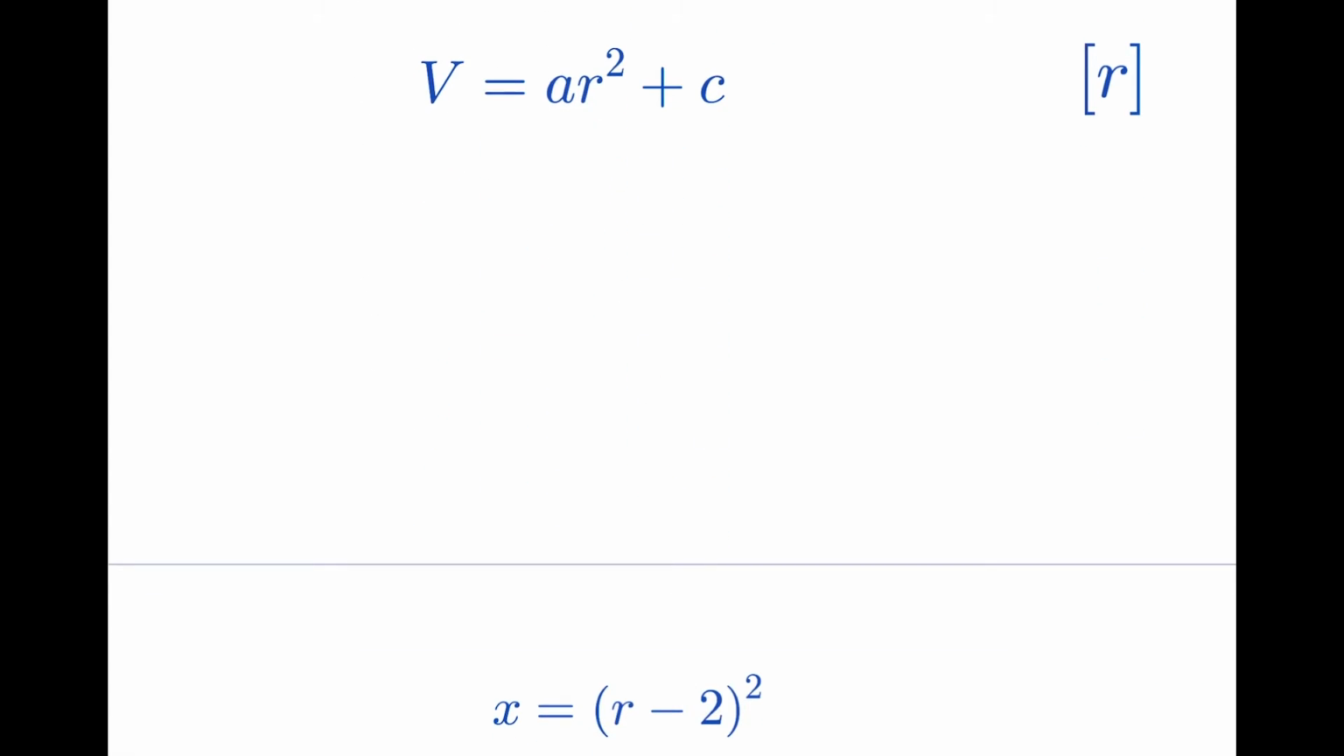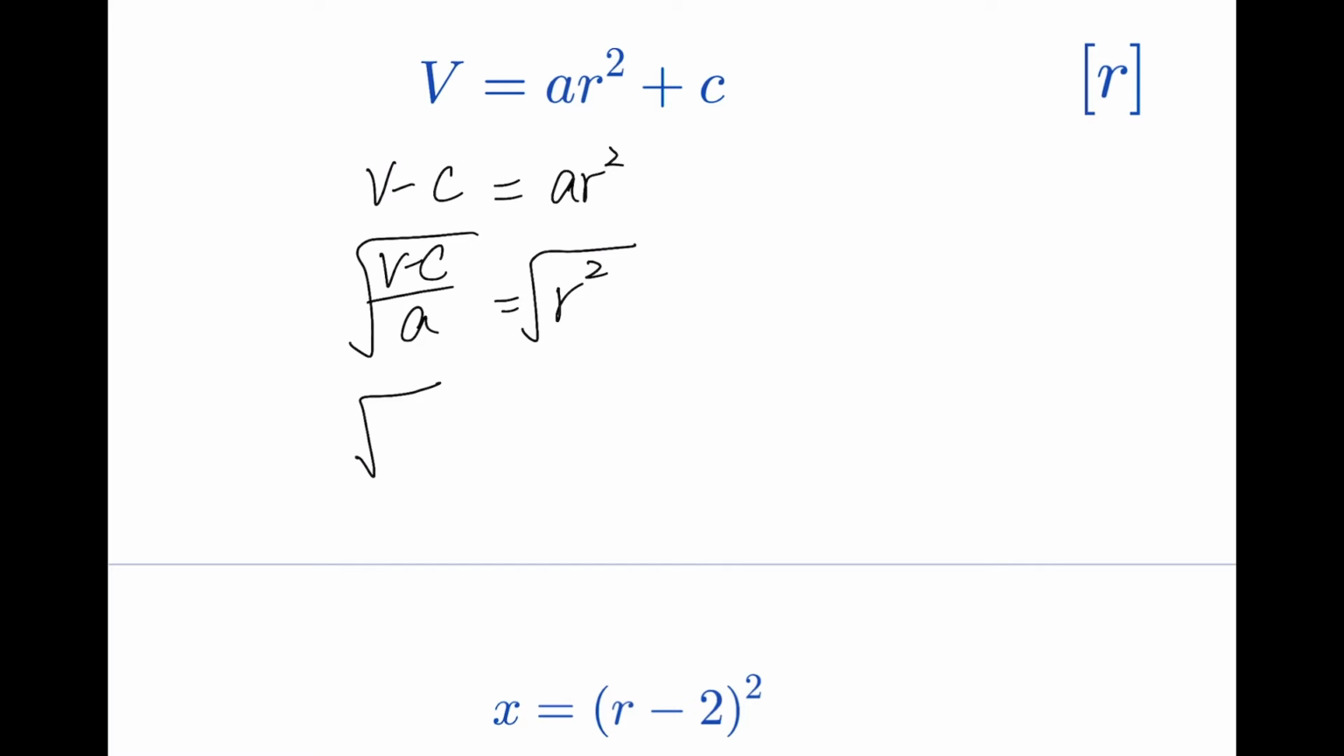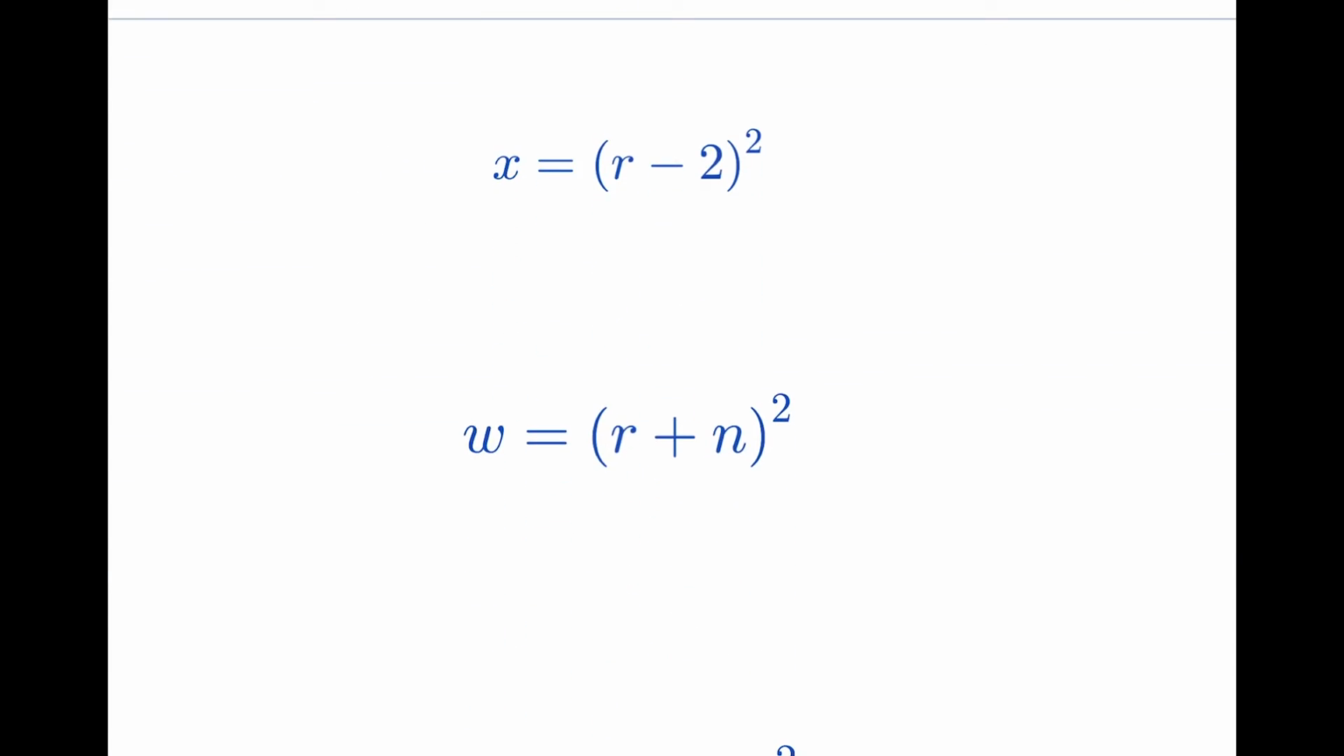Deal with the c first, so it's positive here, so on the other side it will be negative, and then with the a, and then the square root, so you're left with that. Continue. How about this one? This looks a bit tricky, but is it actually